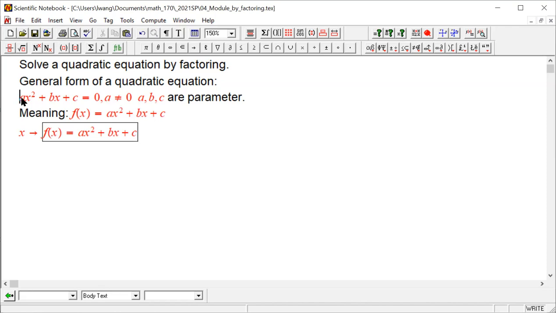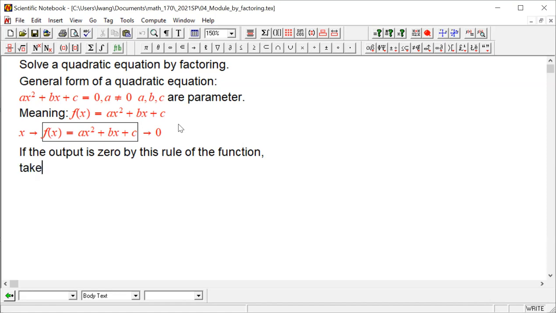And this equation is saying, if the output is 0 by this rule of the function, okay? And our task